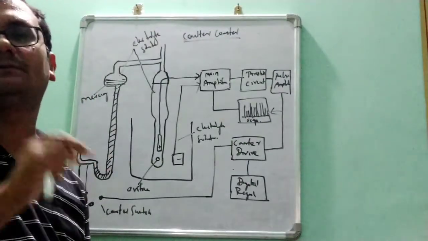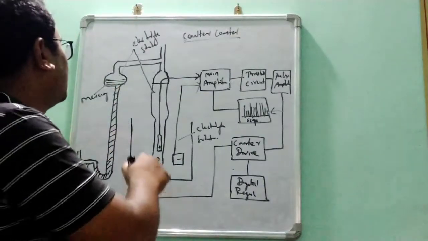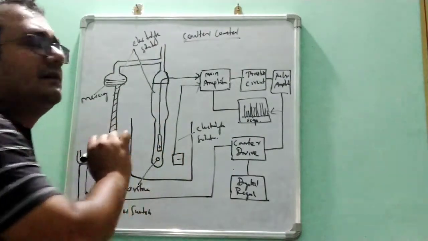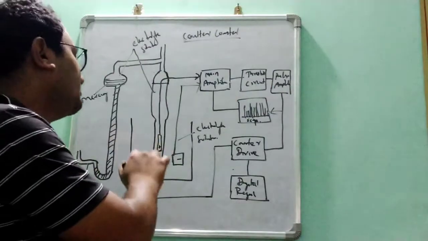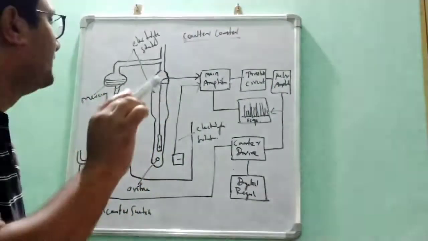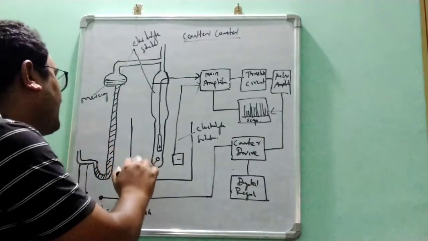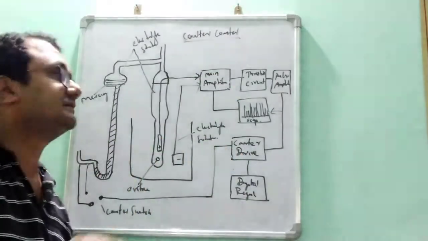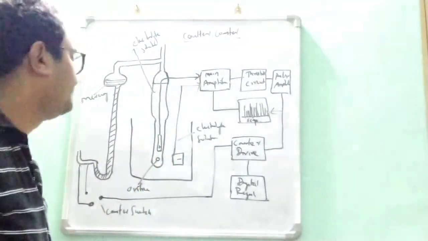With this, it will also find out the particle volume. Here we can see that when the particle enters, it will get the particle size, the particle volume, and also the amount of electrolyte it has displaced. Then it will be recorded using other techniques mentioned here, such as different amplifiers or threshold circuits.